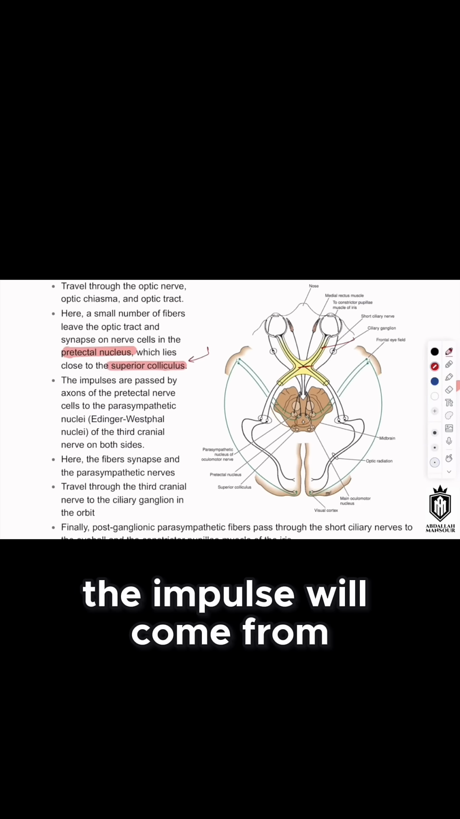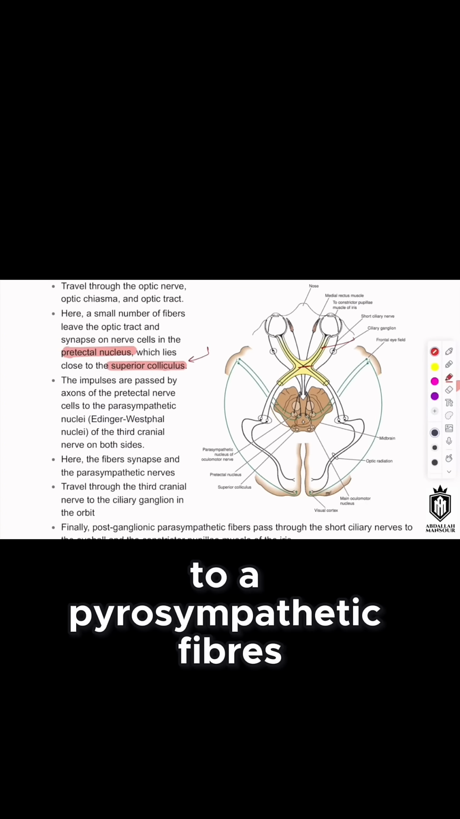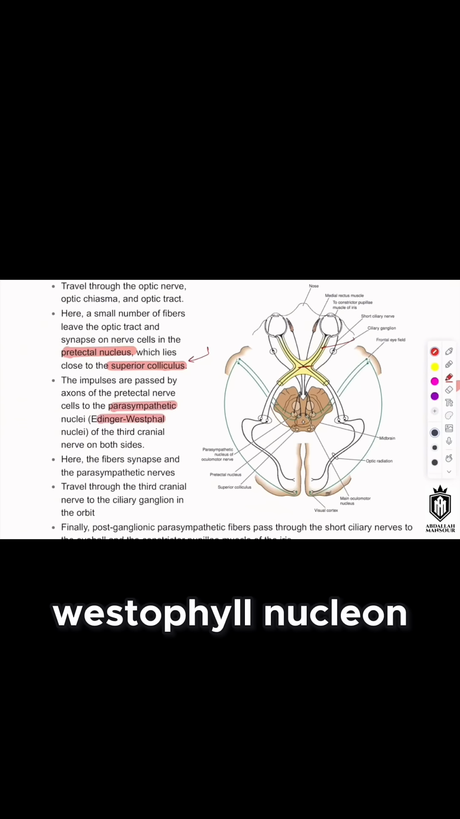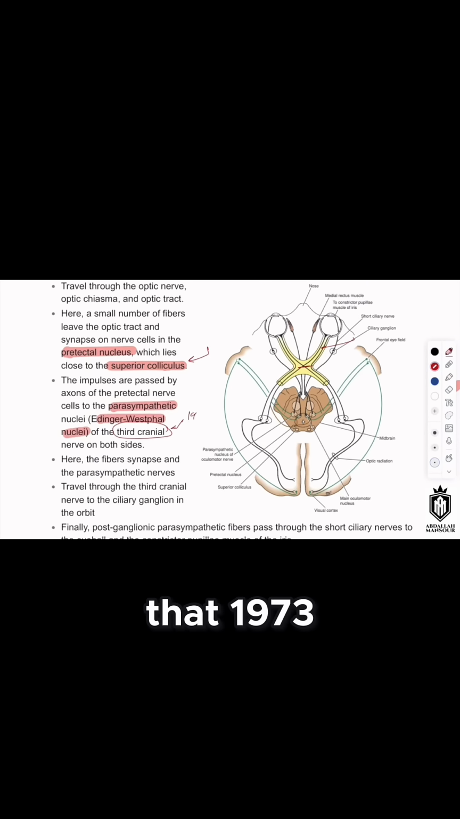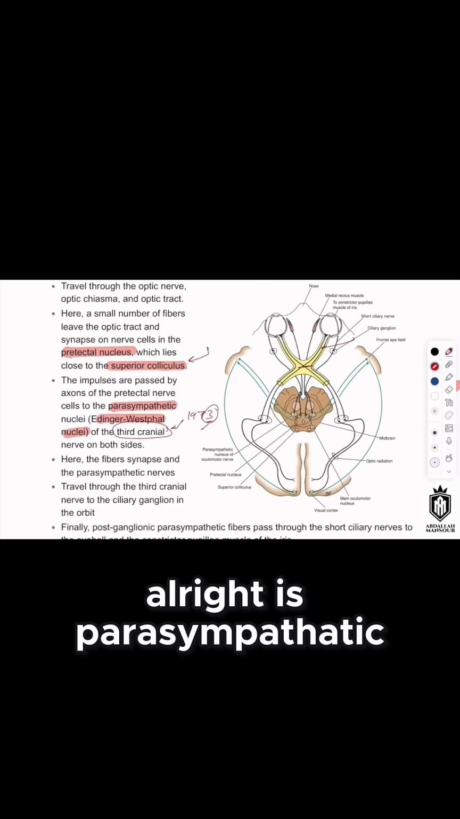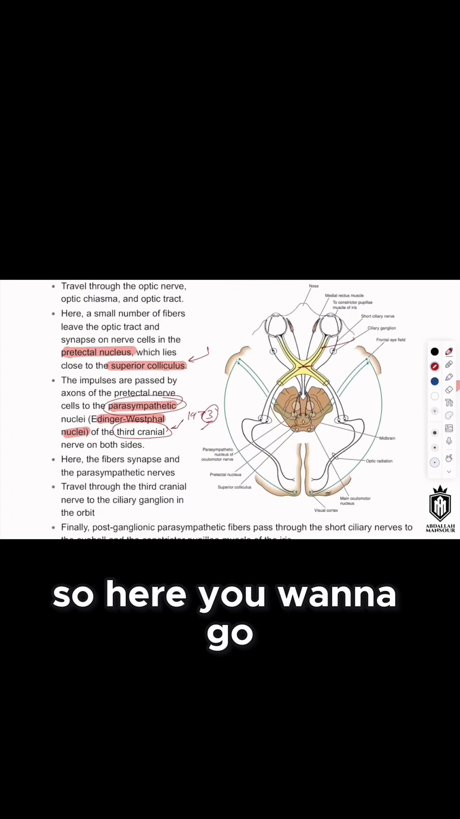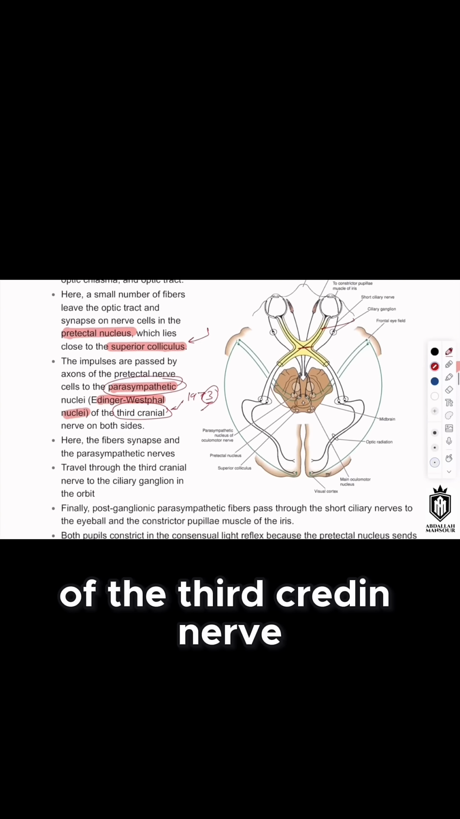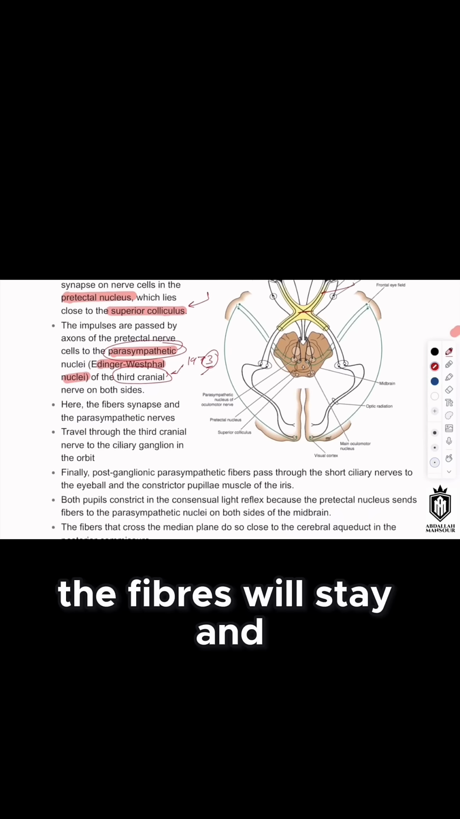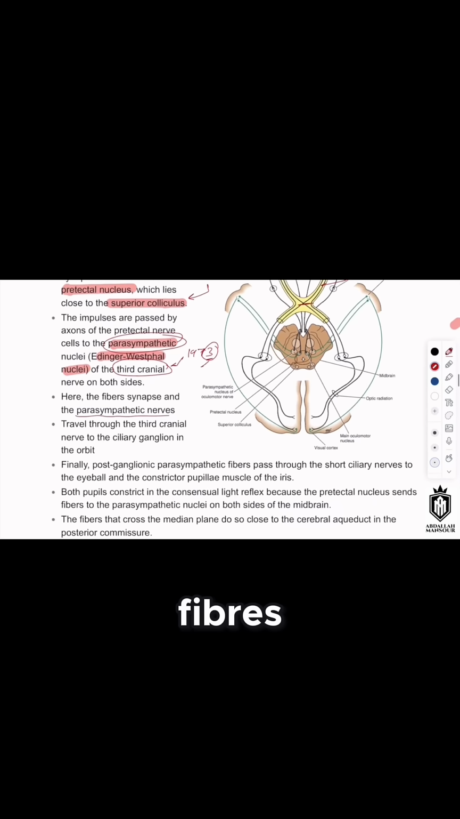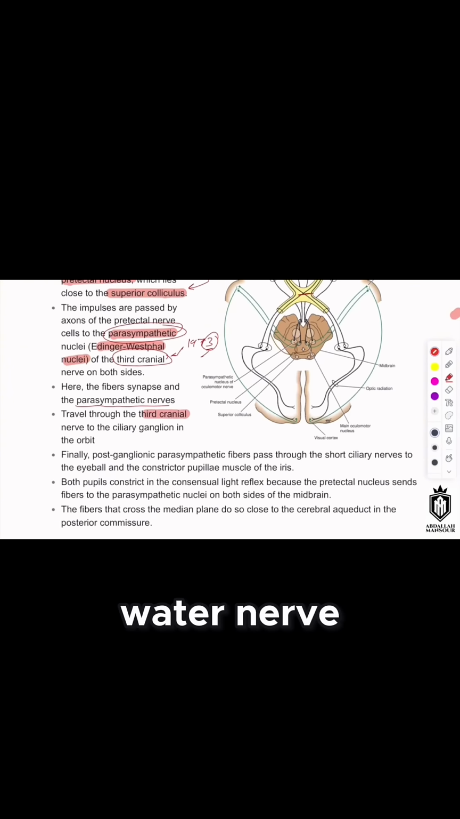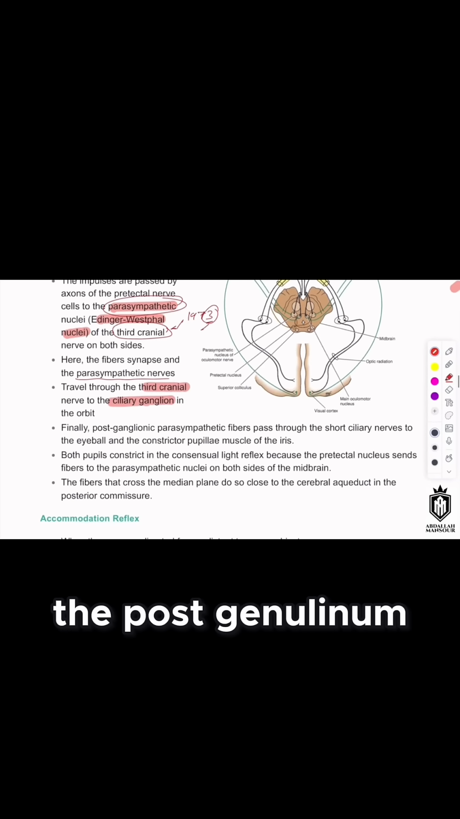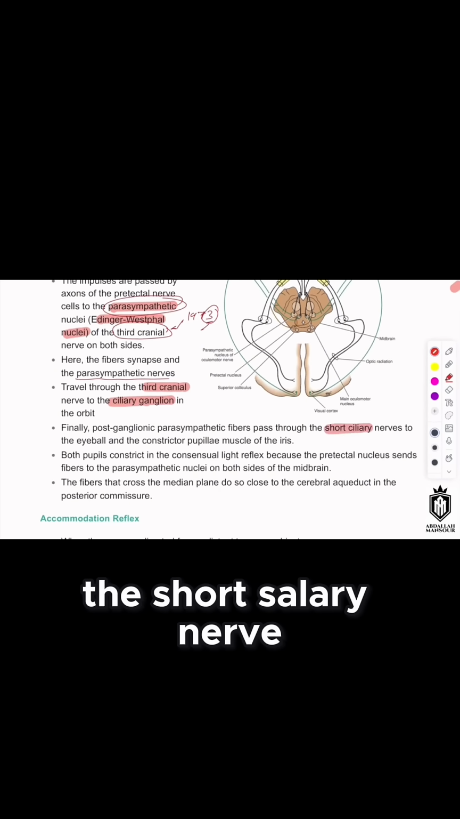And then the impulse will come from the pretectal nucleus to the parasympathetic fibers of the Edinger-Westphal nucleus. This is of the third nerve. Remember when we talked earlier that it is parasympathetic. So here you want to go parasympathetic of the third cranial nerve. The fibers will stay, and they are called the parasympathetic nerve fibers, and then travel through the third cranial nerve, which is the oculomotor nerve, to the ciliary ganglion. The postganglionic fibers will come through the short ciliary nerve